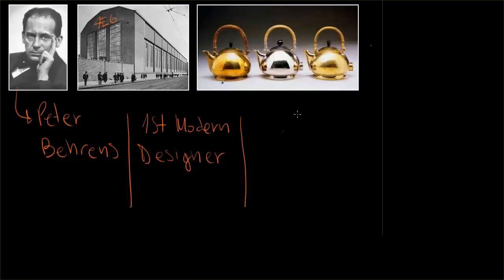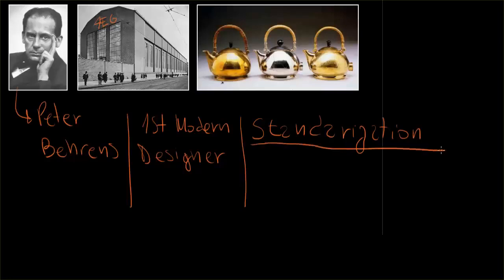And in terms of the design thinking, or the theory of design, he was for standardization. And this was the main battle going on in the Deutsche Werkbund. Those who were for standardization and those who were for the individuality of the artist. And indeed, standardization in terms of industrial design means designing for the industry and designing for sharing common parts and using alternatives to create new products. It's basically design for the industry